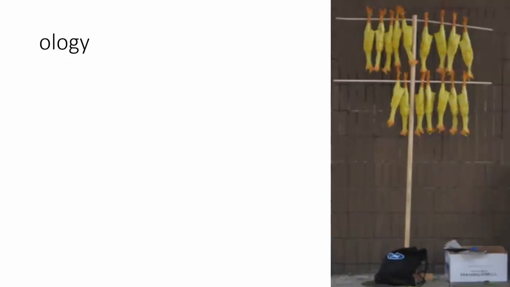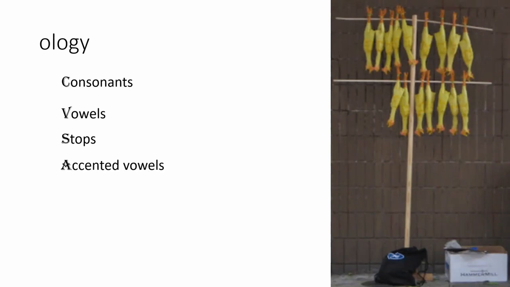So, let's get started. There's 7 kinds of building blocks for the language. The 3 main ones are consonants, vowels, and stops. They form the words for nouns, verbs, and describing words, which I'll refer to with their general term, adjective. Then there's accented vowels, head movements, rooster choirs, and wing flaps. They compose the remaining kinds of words. Each one has its own unique purpose.